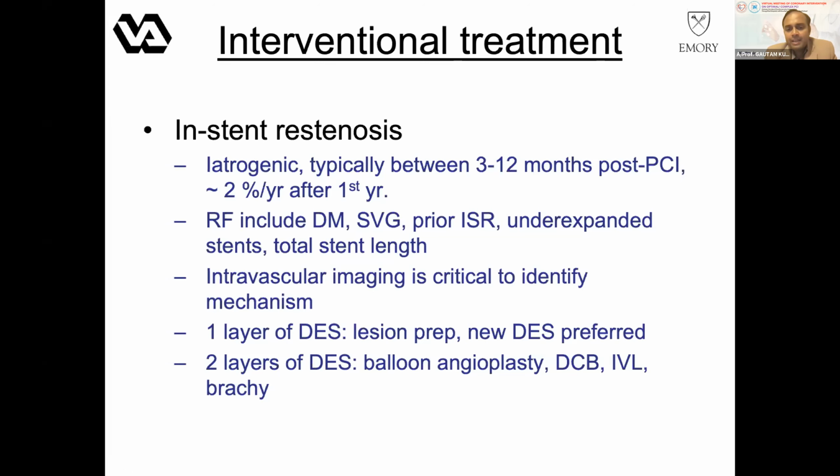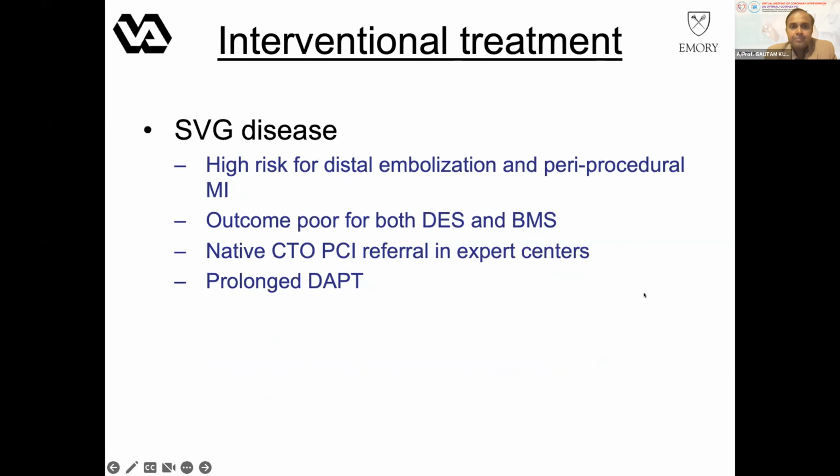One layer of DES with lesion prep: a new DES is generally preferred. With 2 layers of DES that are already there, balloon angioplasty, drug-coated balloon, IVL, brachytherapy, these are all different options that have been used. Vein graft disease is high risk for distal embolization and peri-procedural MI. The outcome is poor both for DES and BMS. Native CTO PCI referral is generally preferred in expert centers in this scenario, and prolonged DAPT can be of benefit